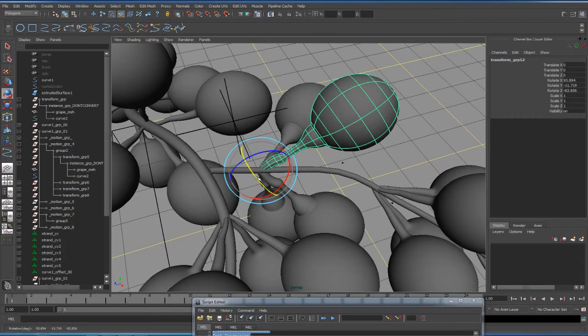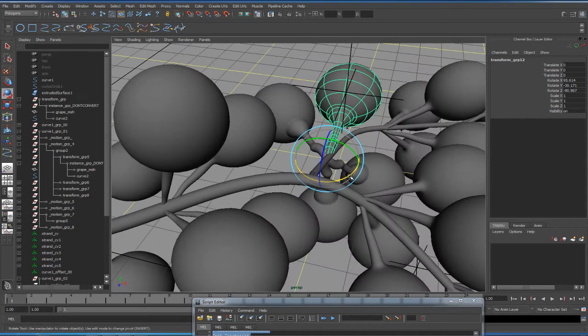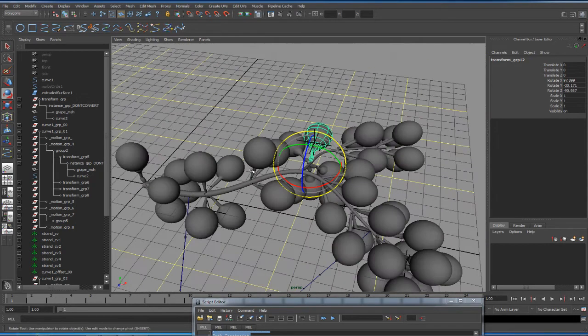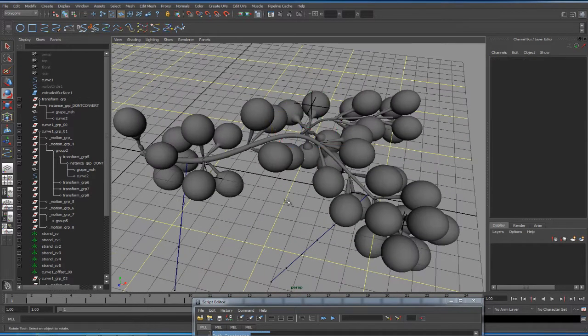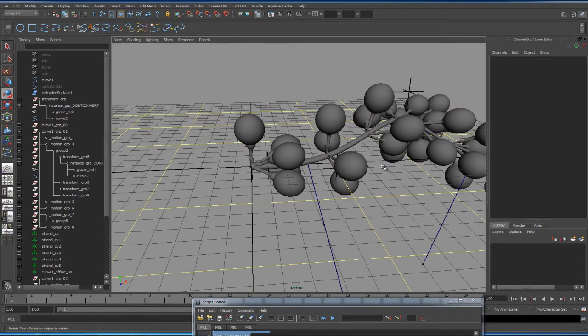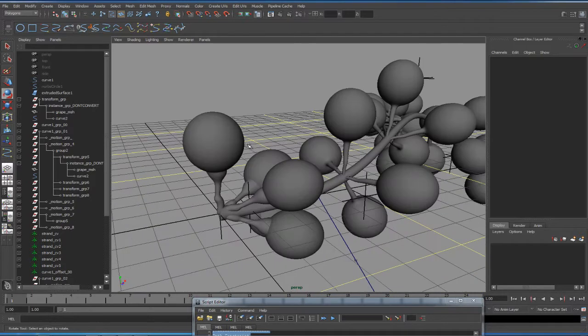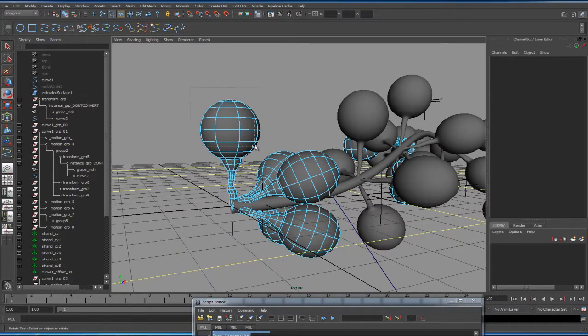So now I can come in here and do things like twisting it and turning it and just kind of making changes to it to increase that sense of randomization, that increase that sense of variation, so that I can have a couple of sets of instances of grapes, or even one master instance grape, and then just go through modifying their location, their translation, and even their scale in order to give a better impression of a grape. Which is another thing that I realized that I didn't do on this example when I was kind of getting ready for the recording for you, is that I could have made this section of the grapes